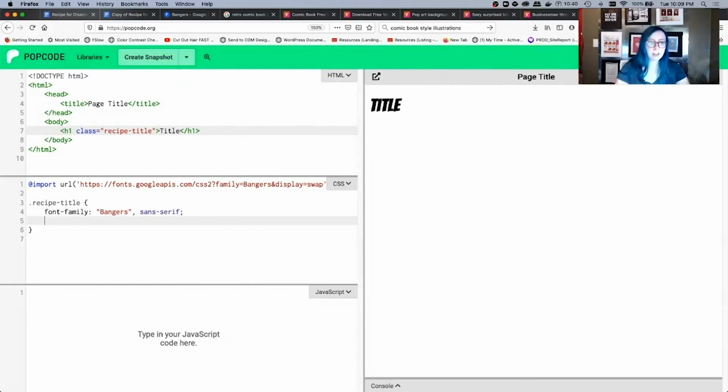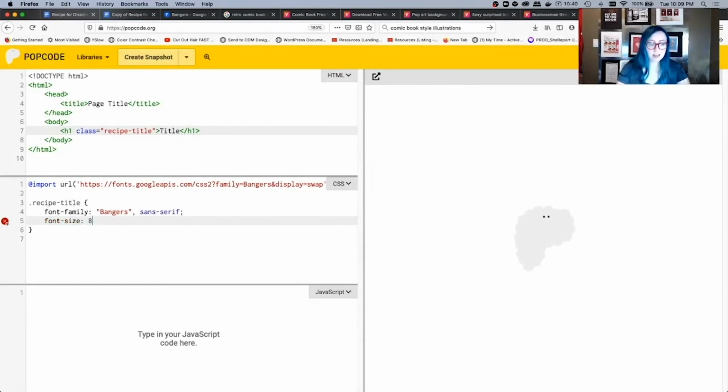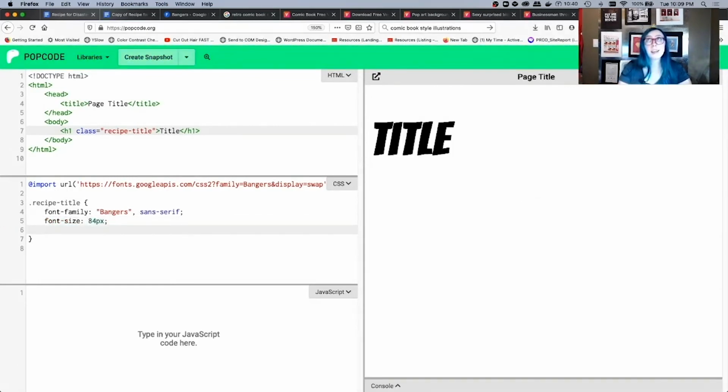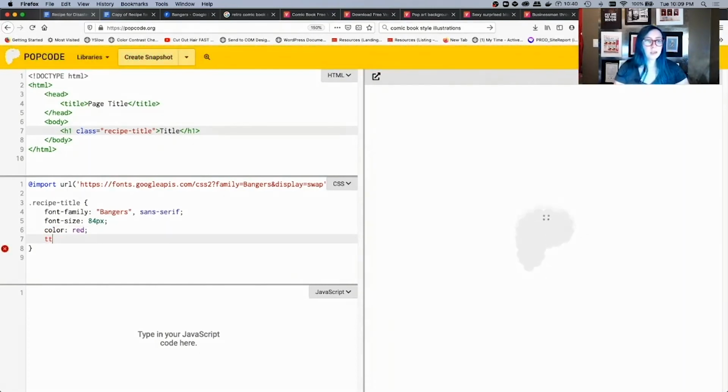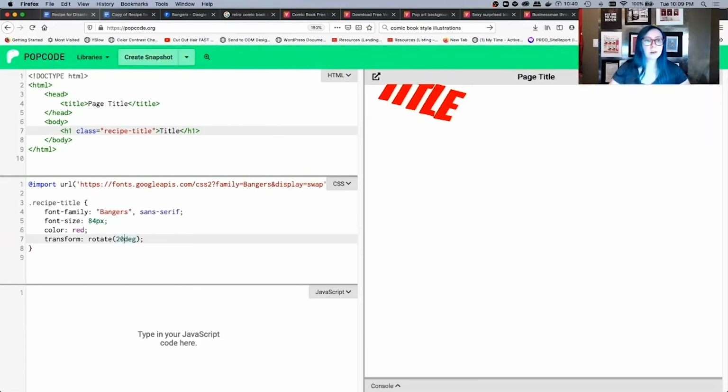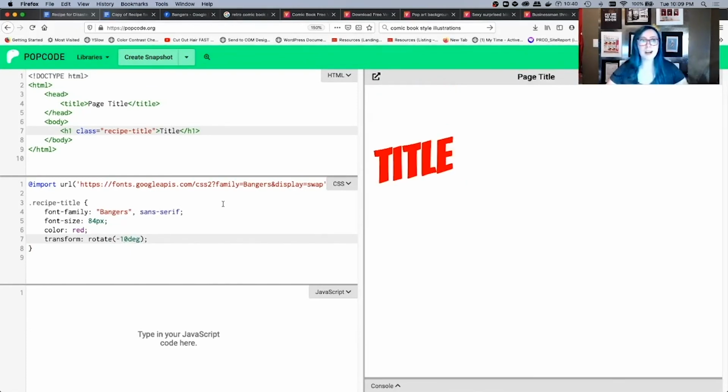And we remember our font size. I believe that was roughly 84 pixels. I'm just going to rough that out here. And then remember the words that we used while we were mocking this up, right? Words from Adobe: transform, color, rotate. Those are all going to come into play here. So again, just roughing this out, I'm going to do a color of red, and I'm going to do a transform, just like in Adobe. Rotate. What kind of transform am I doing? Let's say it's 20 degrees. Oh, whoops, wrong way. Let's do -20 degrees. That's the fun of this, you can just play with it and get it right.